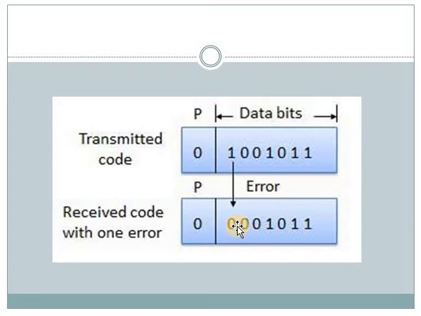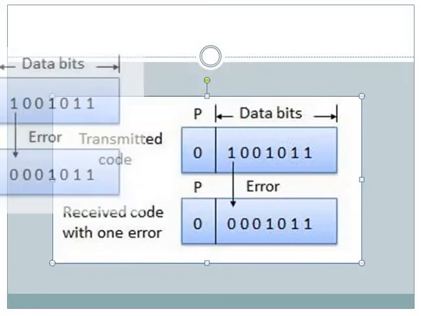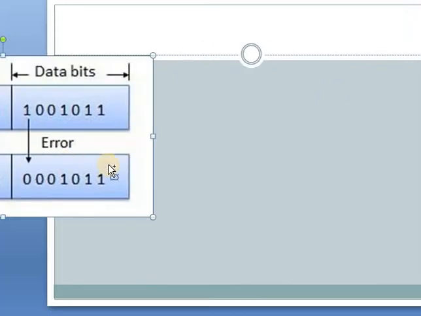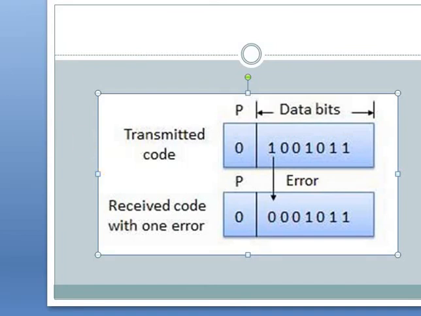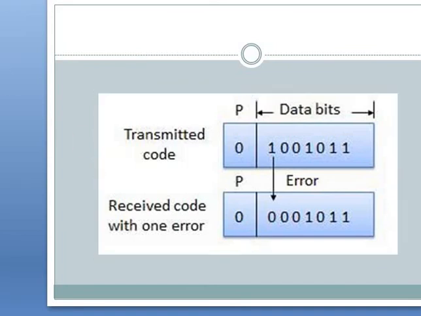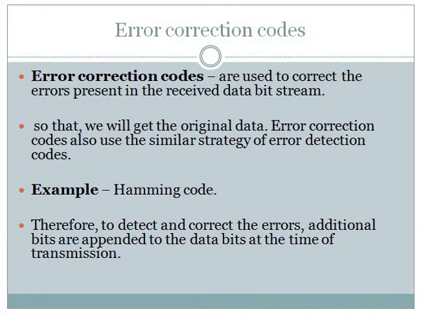So if you send a parity bit along with the data bits, it can identify the error and tell the sender that an error occurred, so please resend it. If there is no error from source to destination, there is no issue, and the data bits are correctly sent to the destination. So there is nothing, no error occurred.